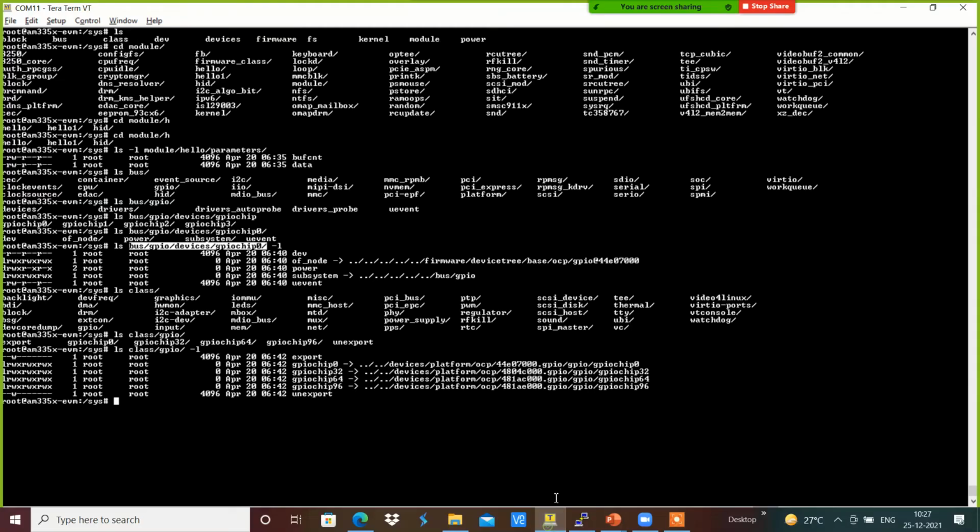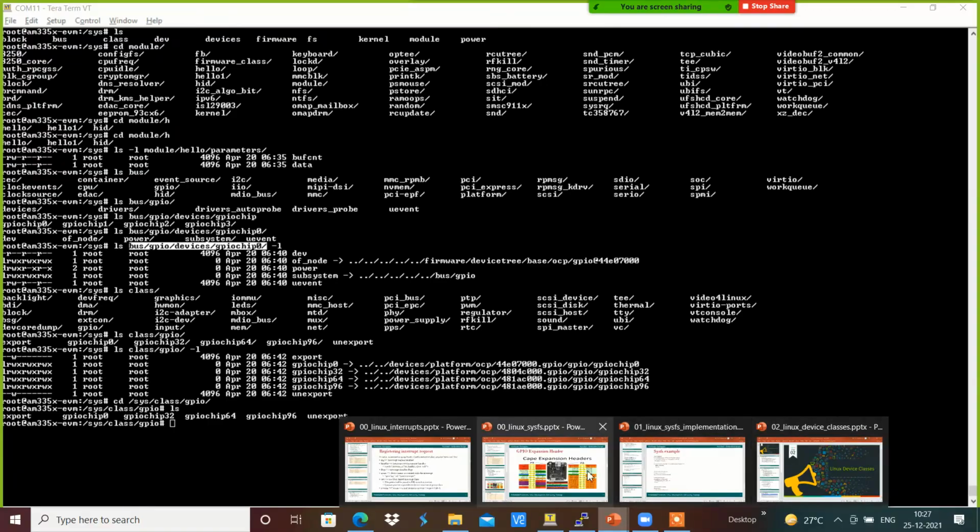In order to do that, I am going to cd to sys class GPIO. Once we are here, we can use the file called export in order to export a particular GPIO.